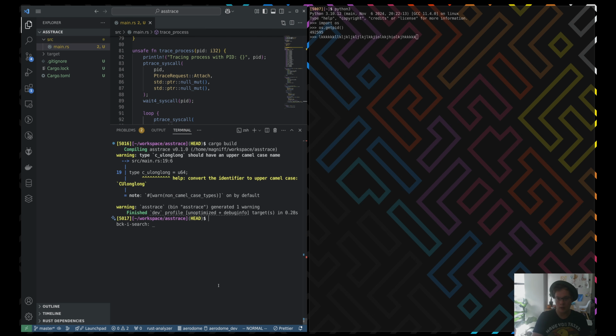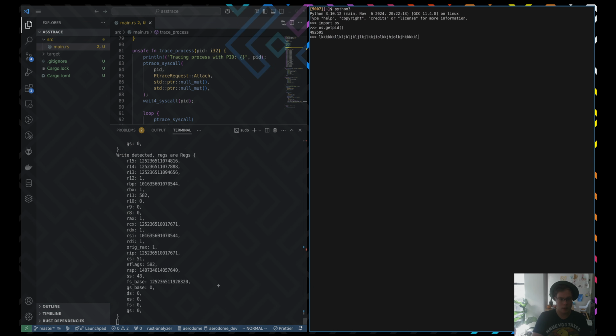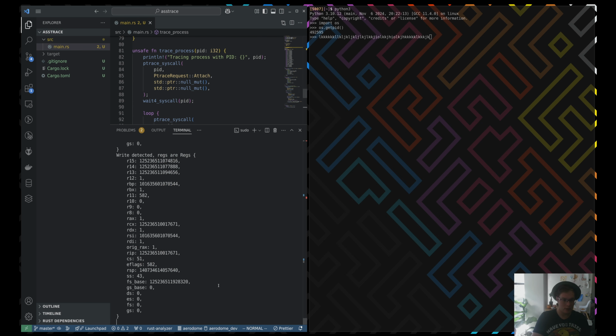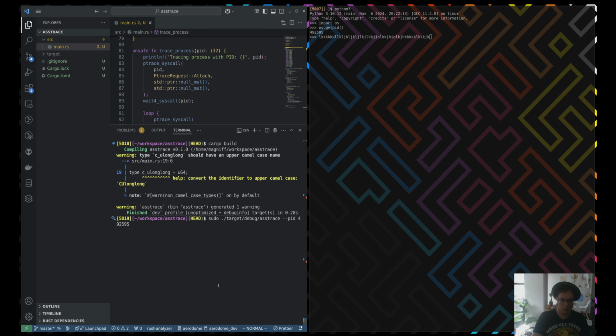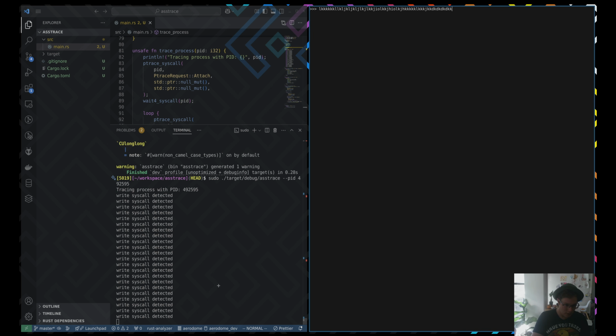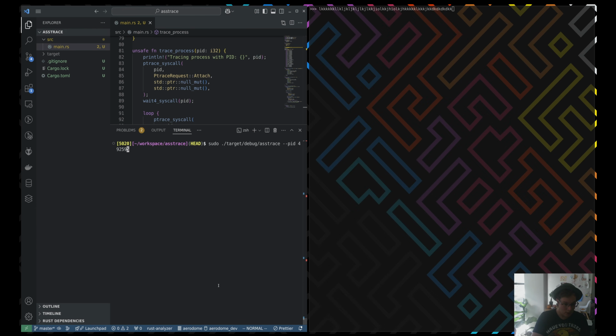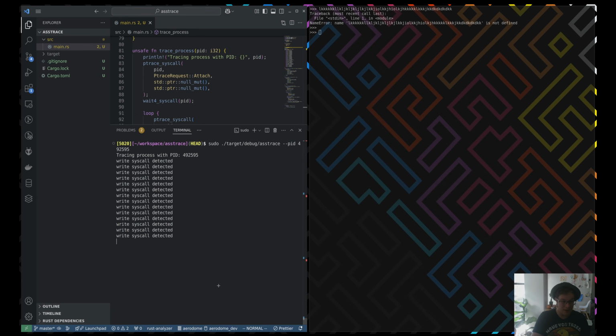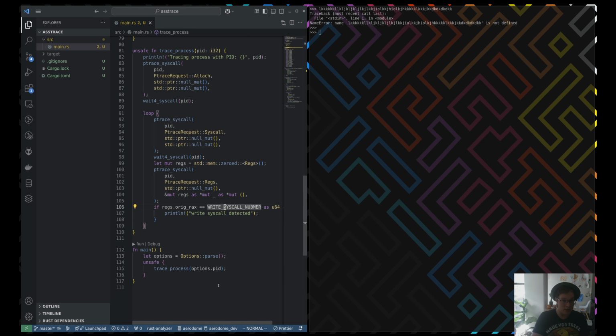Build and sudo. And I don't really want those. Detected. Okay, so now I can see that it's actually detecting only write syscalls. So the thing is that I think it actually detects it twice, and the reason for